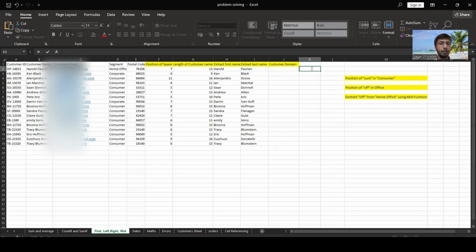If I want to remove from the left, I should use right. Which text? Customer email. Then what is the number of characters that I want to extract? That is nothing but LEN of this customer email